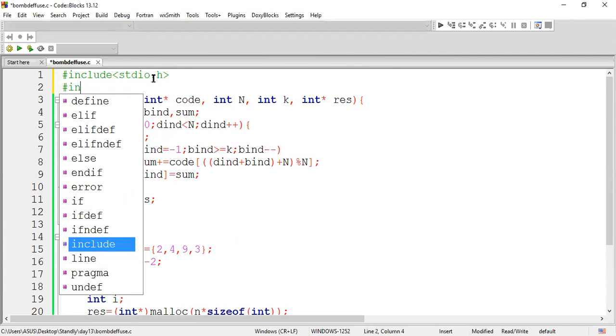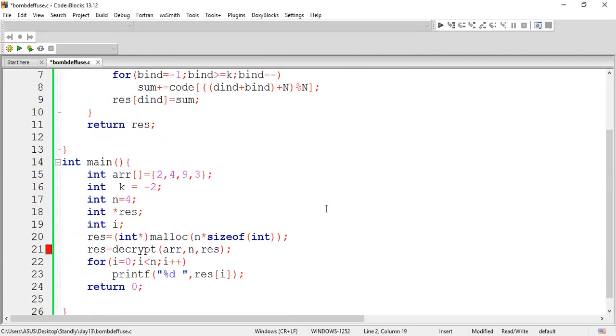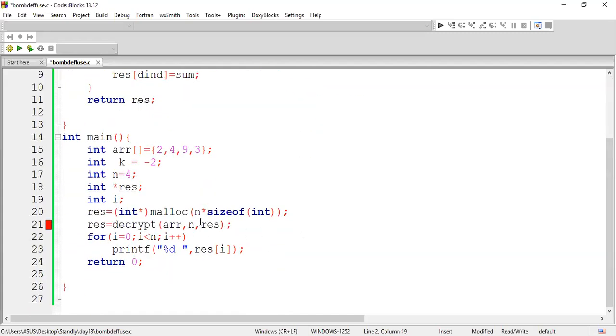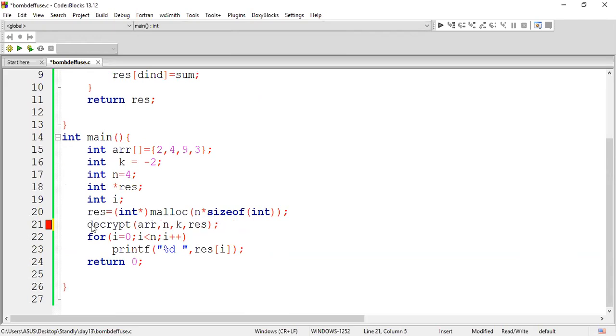So we can add the header file. What else did we miss? K value. Yes, K value is missing. Parameter. We didn't pass the K value. Yes, you're right. The number of arguments is mismatching. That is the reason it is throwing an error.